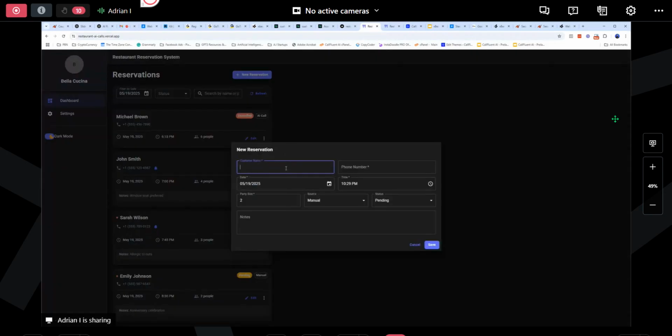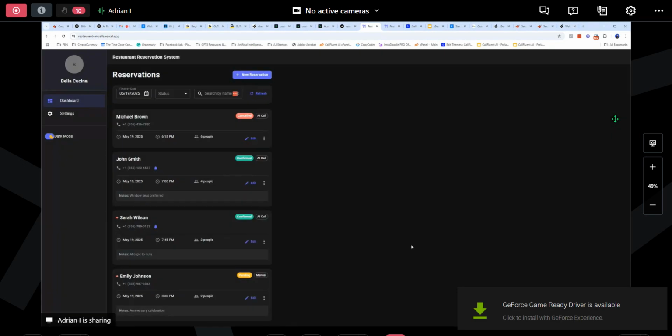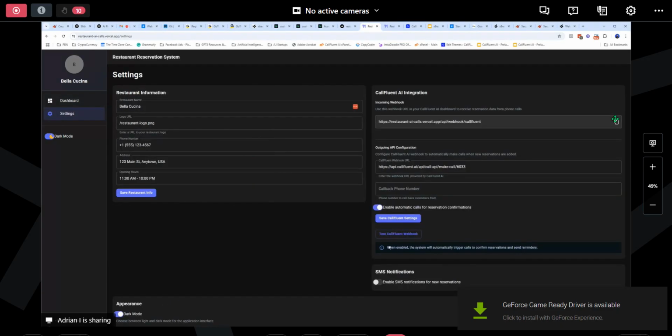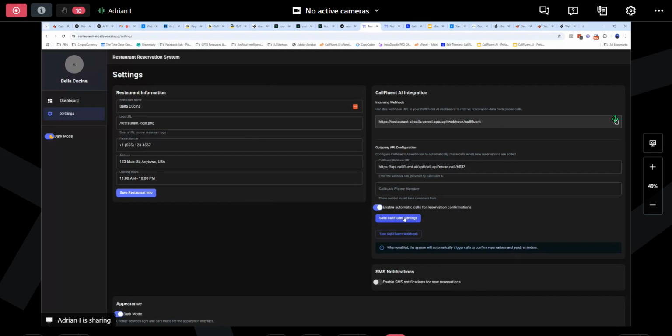I mean, you've seen it in action. I've already shown you that I can put my details over here, and immediately, once I add the reservation, the agent is automatically calling me, confirming, and I can even add extra features here, like make sure that the person who reserved is called 1 hour before the reservation to make sure that the table is still reserved. And things like advanced things like the ones I've just said.